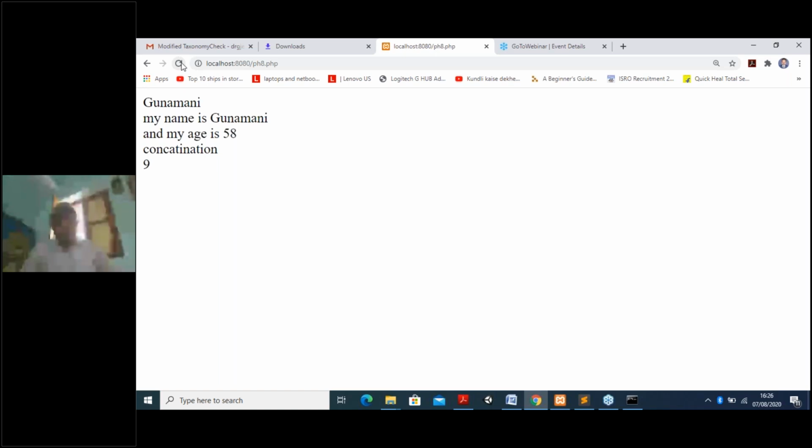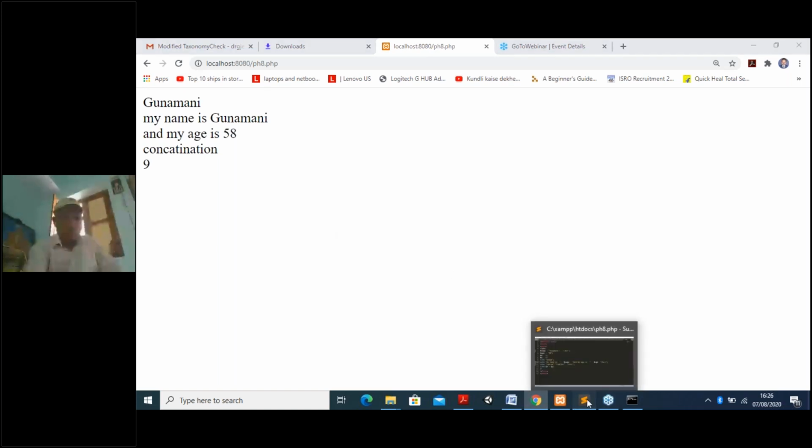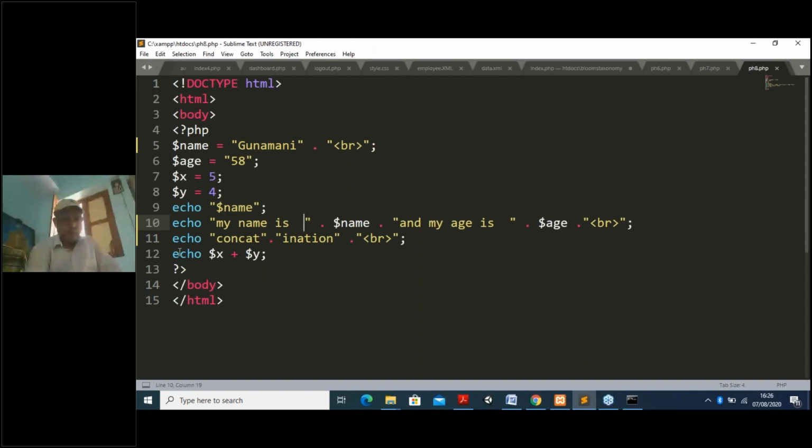Okay. So if you want to check it again, this program, just minutely observe it here. So it is purely the PHP program started here and the PHP program ended here. So what I have given, first I am declaring the variable name. For declaring a variable, it must start with a dollar sign. So dollar sign name means in PHP you understand it is a variable declared, and which is equal to Gunamani. After that I am putting a semicolon, so it is initialized to this one, because after that some other lines are there and it will not understand separations automatically. So I have to use a line break. For using line break, I have to use this BR.